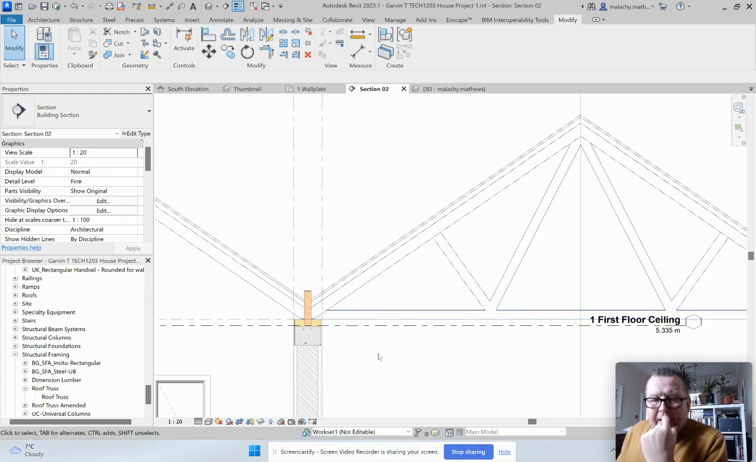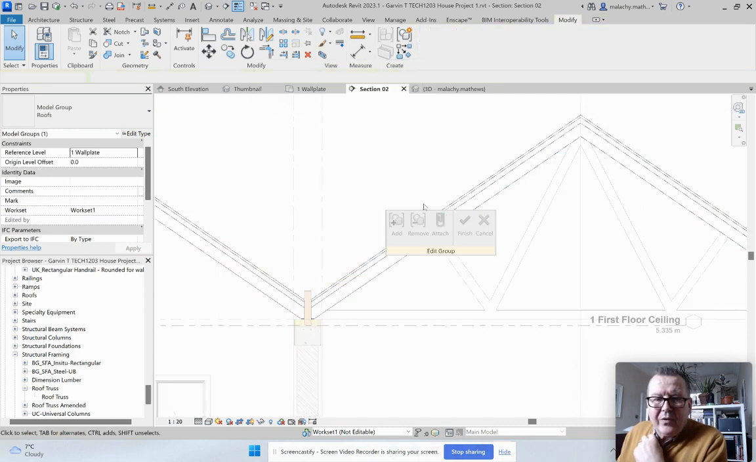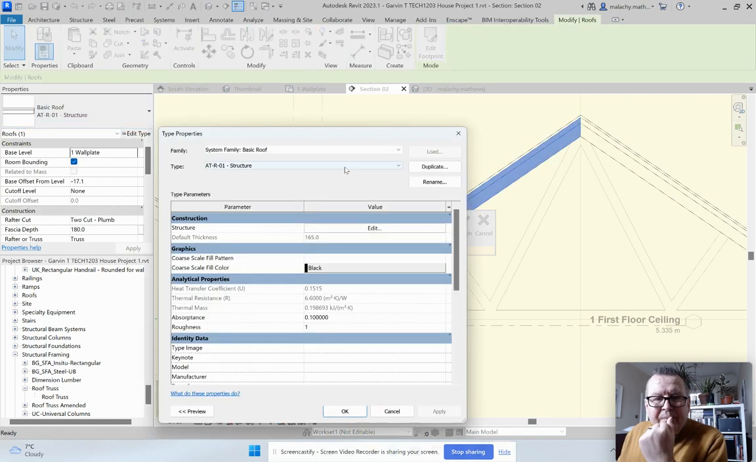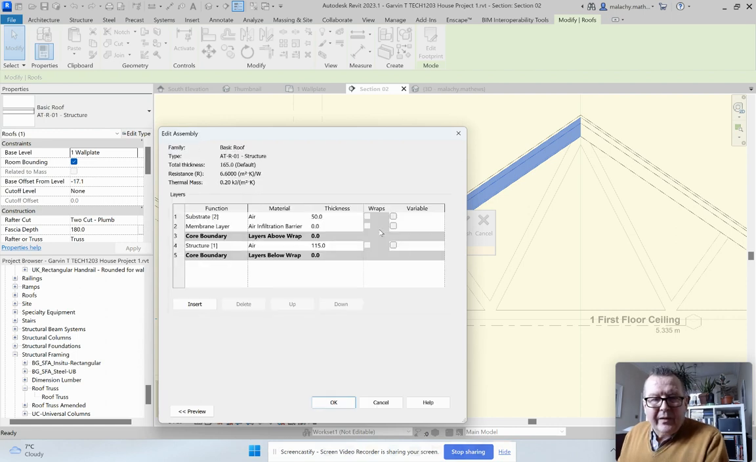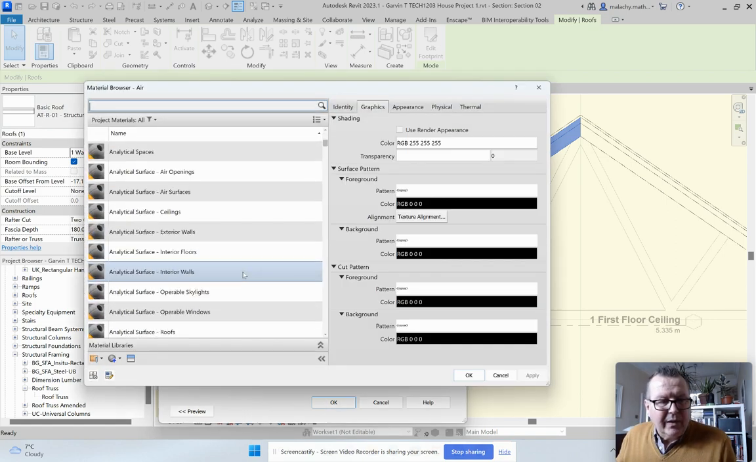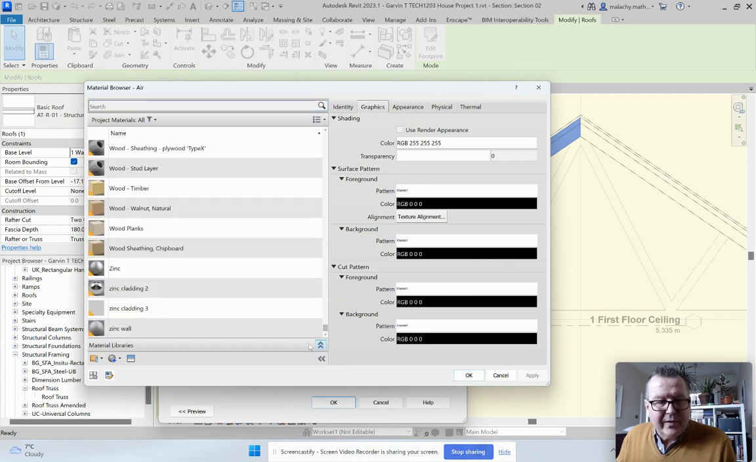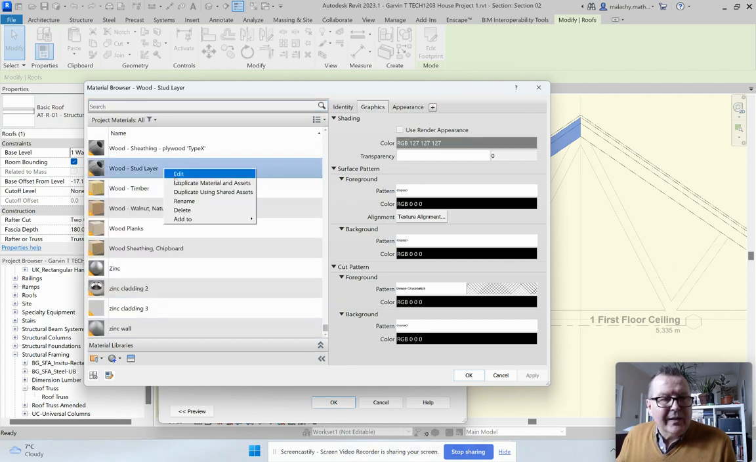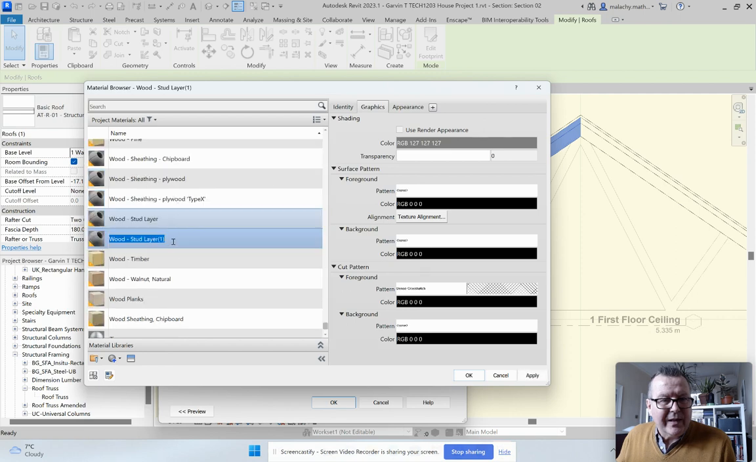All right. Now, what I want to do is go into the roof material here, right? And so I'm going to select it. I'm going to edit the group, and I'm just going to pick the under roof here and go into the edit type. Okay, and we'll edit the structure there. Now, Tom loves his air. So I'm going to swap that out. I'm going to come right down to wood down here. See the stud layer? I'm going to right click. I'm going to say duplicate with the material and the assets. And this is going to be called